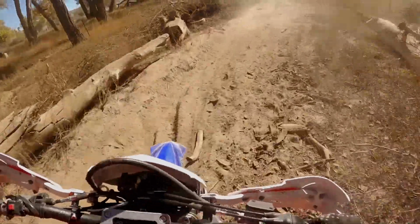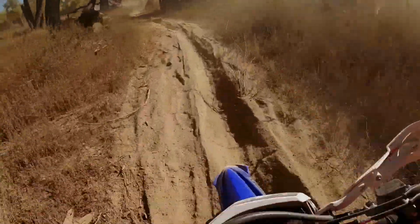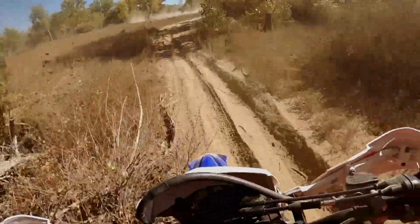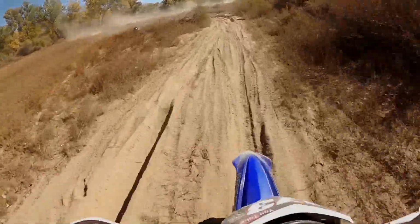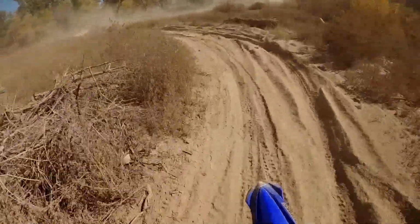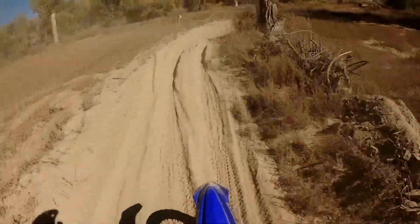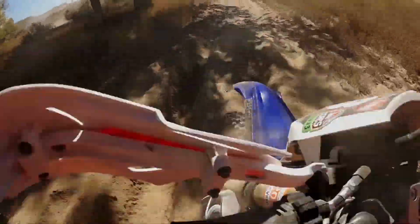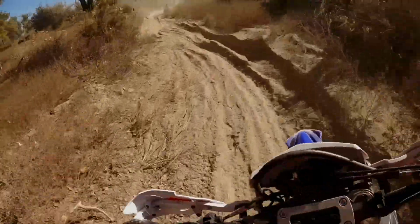It was a little more open, a little bit faster riding, which honestly suits my talents, I guess. I don't know if I would say I'm talented, but it suits what I'm better at. This one being tight, it didn't really suit me well. I had a lot of trouble with the first go through here. I was able to play with my steering stabilizer a little bit and firm it up a little bit. Helped me a little bit through here